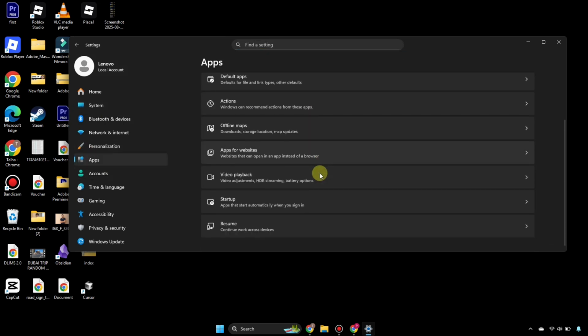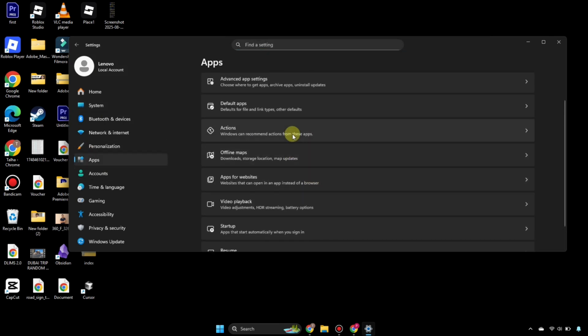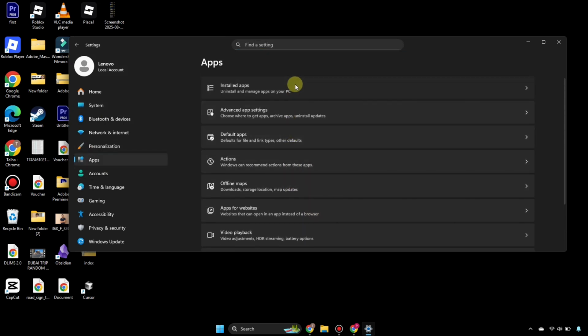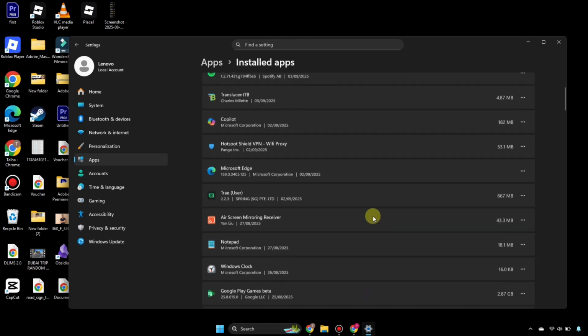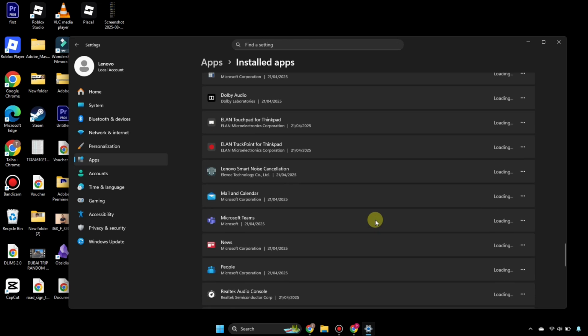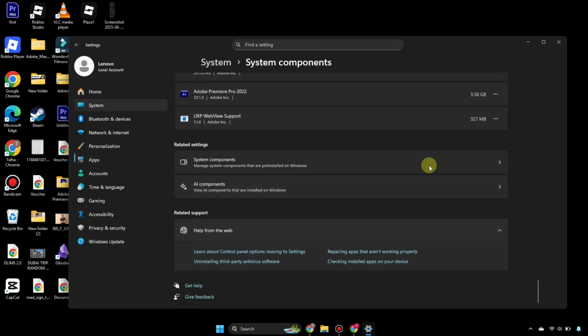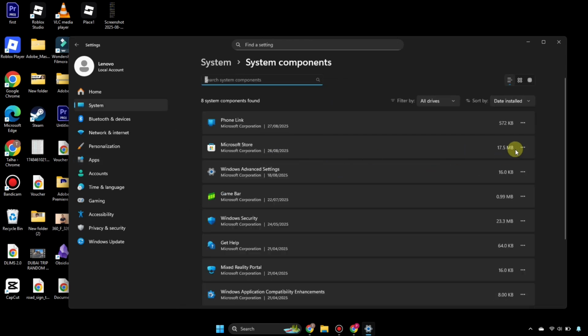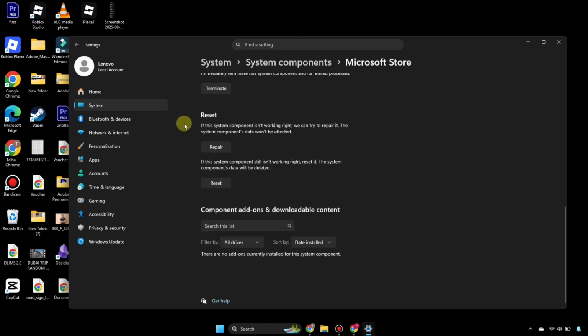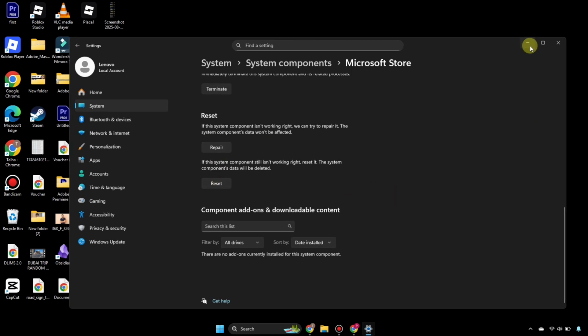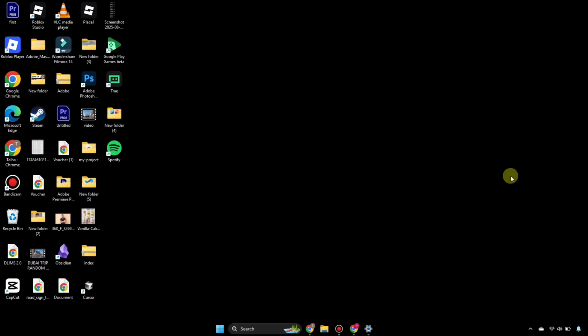In that case, you have to go to the settings, go to apps, and then go to this one, which is the installed apps. Once you see all the list, you have to simply scroll down and find Microsoft Store. Click onto it, and then click onto the three dots on Microsoft Store, and you will get into advanced options. Then you have to scroll down and first repair and then reset it,